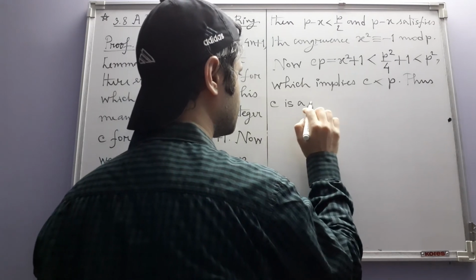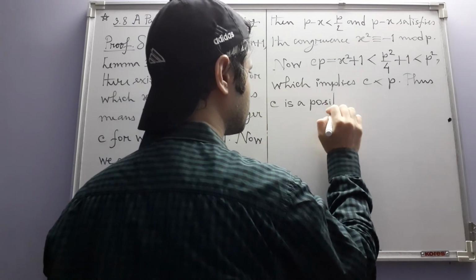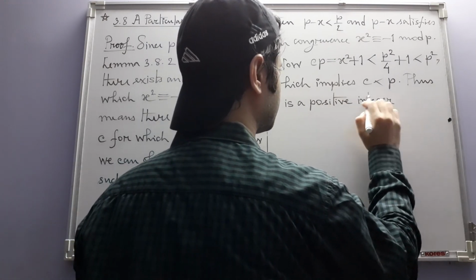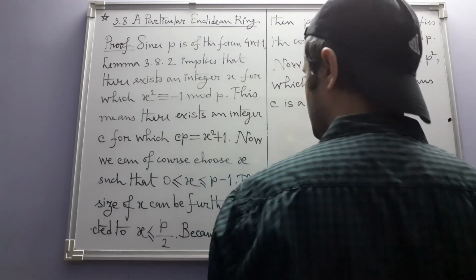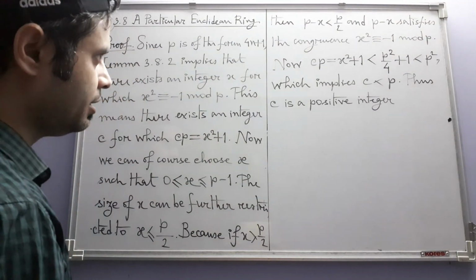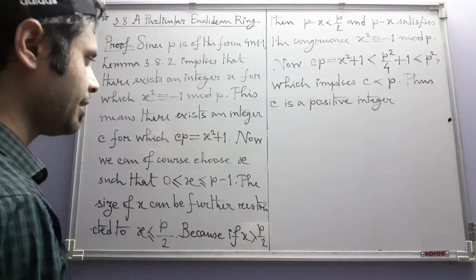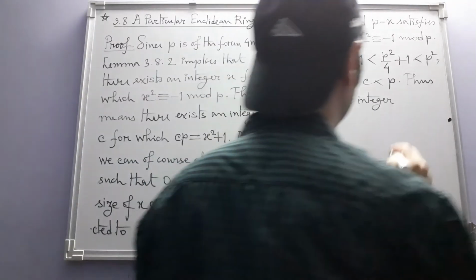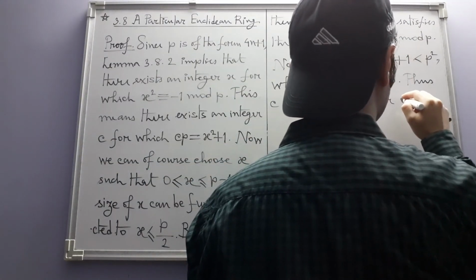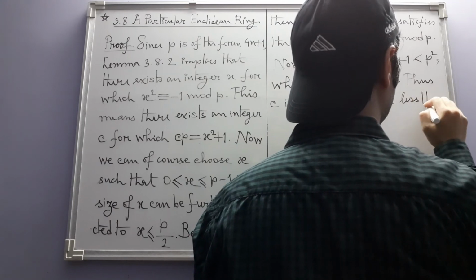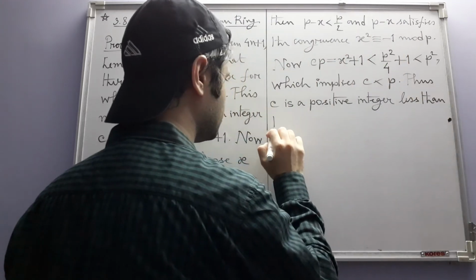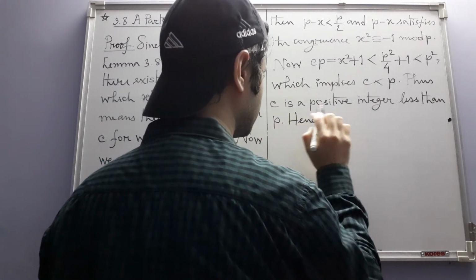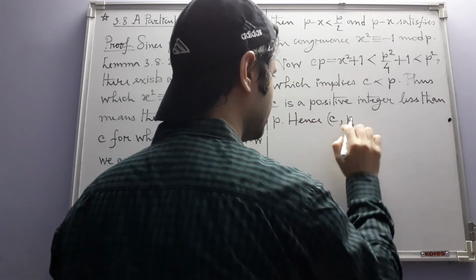Thus c is a positive integer. Okay, we are saying c is positive. Can c be 0? No, it cannot be, because this is already greater than 0. So c is a positive integer less than p. Hence c and p are relatively prime,